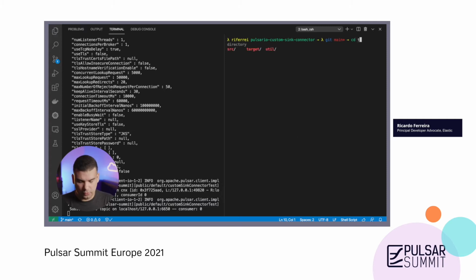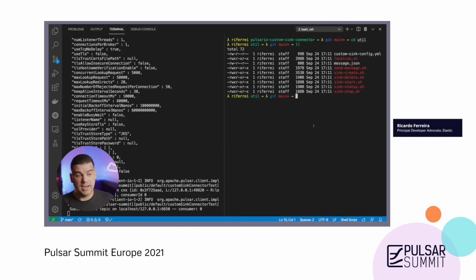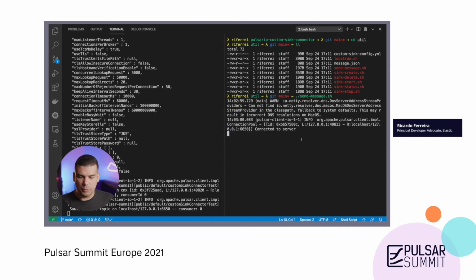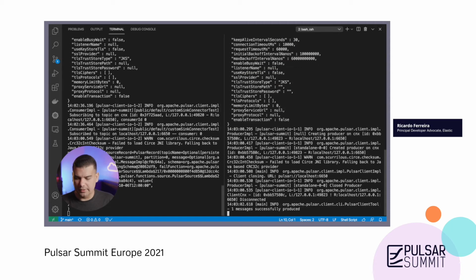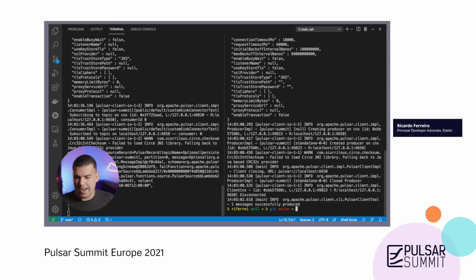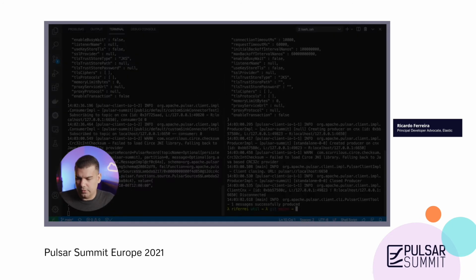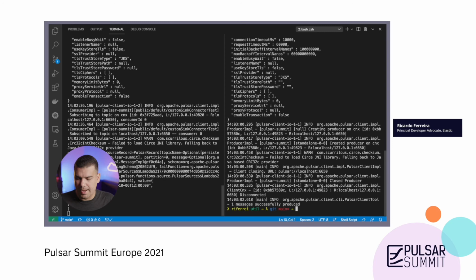So I'm going to also go to the O2 folder that has another interesting script that you can use for testing purposes that sends a message to a topic, right? So I'm going to run this script over here to send one message to the topic. And what needs to happen is that there you have it. The connector code picked up this message and processed it here. It basically prints out the contents of the message in the console. So as you can see here, the code is functional. So you can simply base your work off of this and create your own.